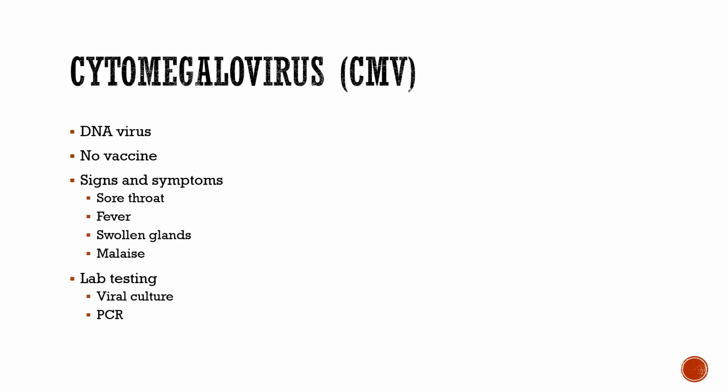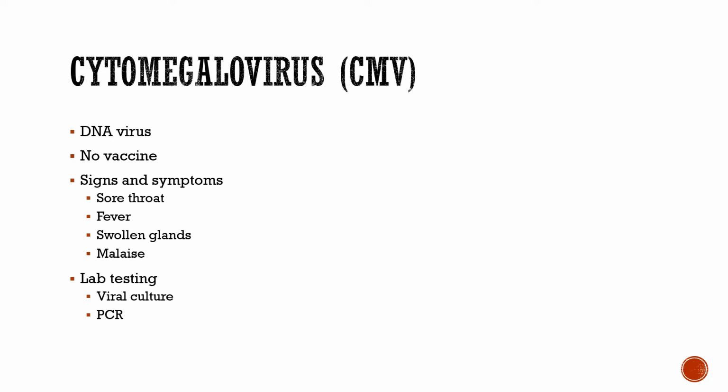CMV infection is endemic worldwide, with most urban adults demonstrating evidence of infection. 50 to 80% of adults in the United States are infected with CMV by the age of 40. The prevalence of CMV seropositivity increases steadily with age. CMV is found in all geographic and socioeconomic groups, but in general is more widespread in developing countries.